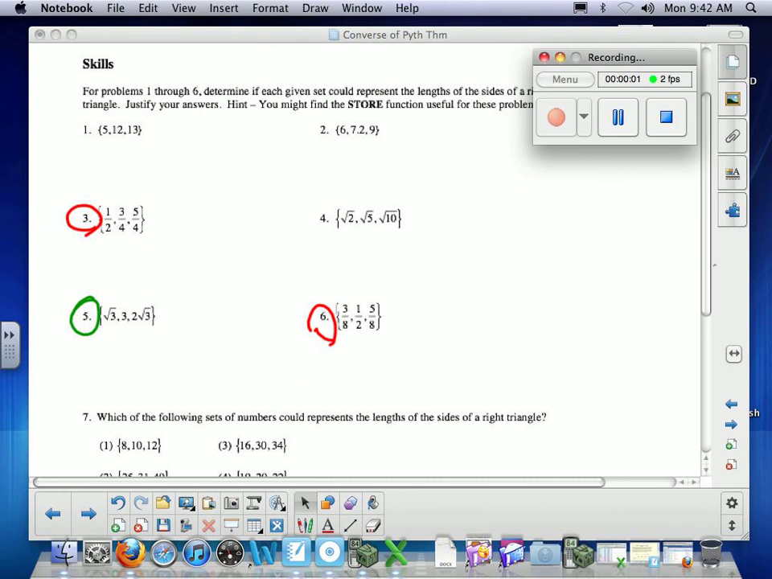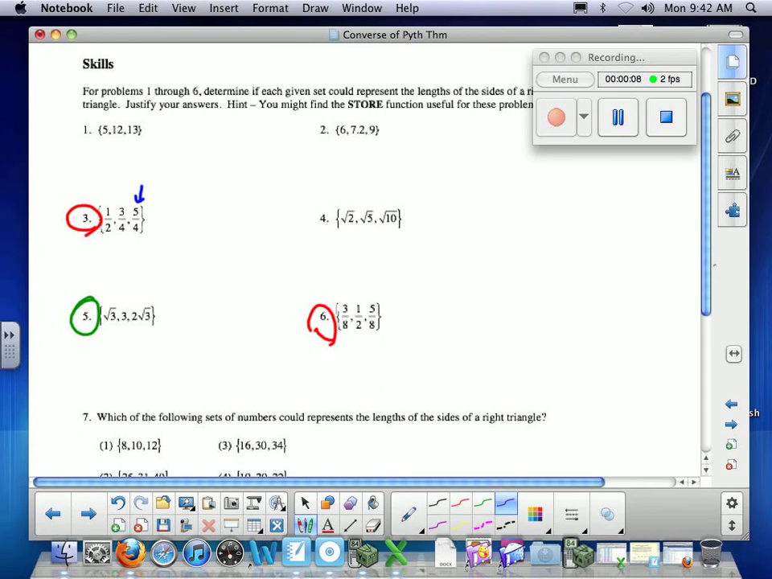Let's begin with number 3 for questions that you have on your homework. I know that 5/4 is the biggest of those fractions, so I know that's going to be my C value. And some of you may have converted to decimals, which is fine. I am not going to convert to decimals. I am going to keep it all in fraction form. But if you did, you should end up with basically the same